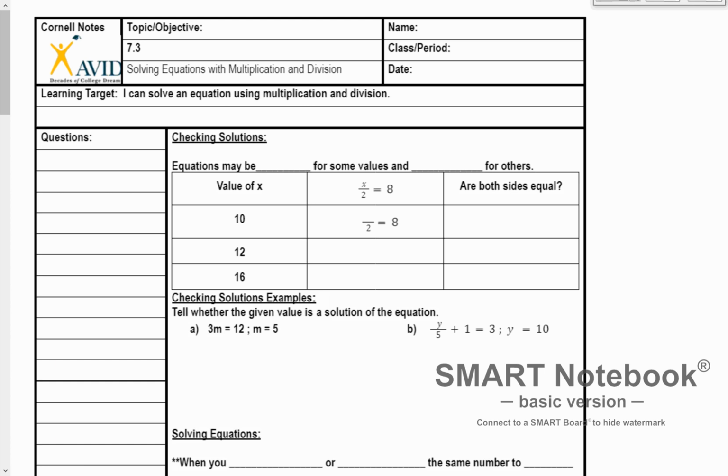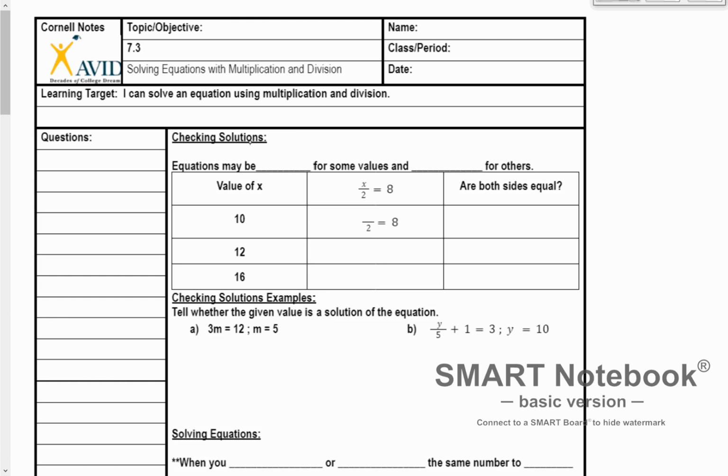Today we're going to be learning how to solve equations using multiplication and division. It's going to be very similar to addition and subtraction. It's just that instead of having addition and subtraction in the problem, we're going to have multiplication and division. Okay. First skill we're going to learn today is how to check solutions, just like we did with those